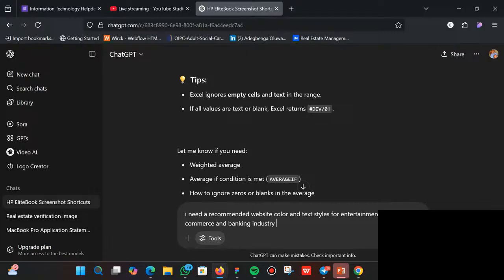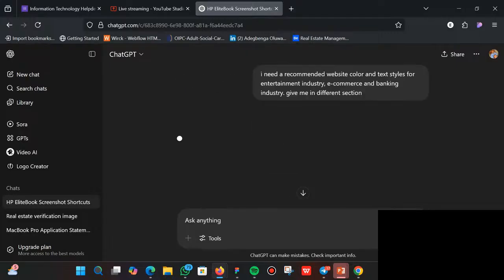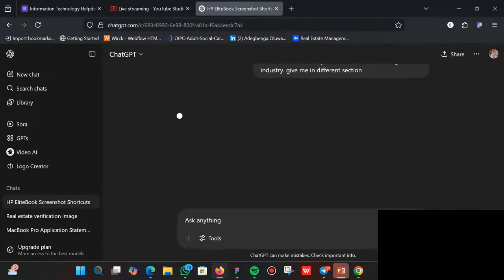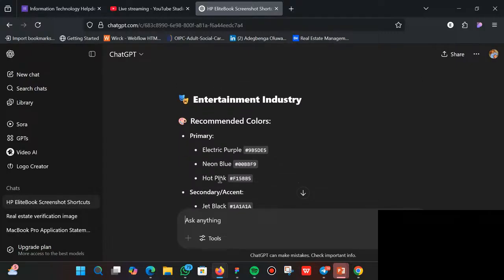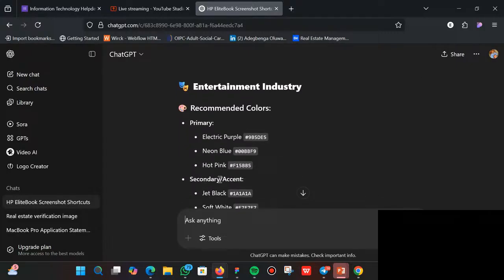So give me different. So it just depends on the prompt how you tell the ChatGPT to give it in different section or different sects. Let me just use different section. Let me see what it's going to bring out. Okay, great. This is great. So now for entertainment,